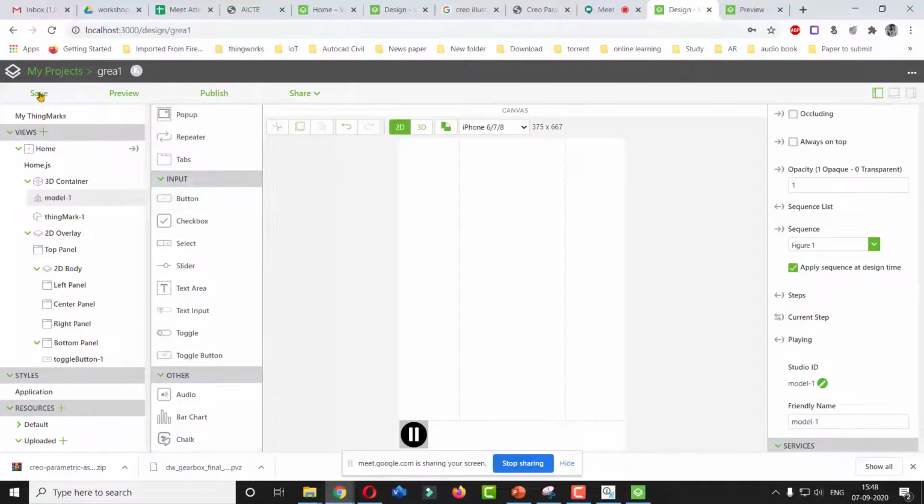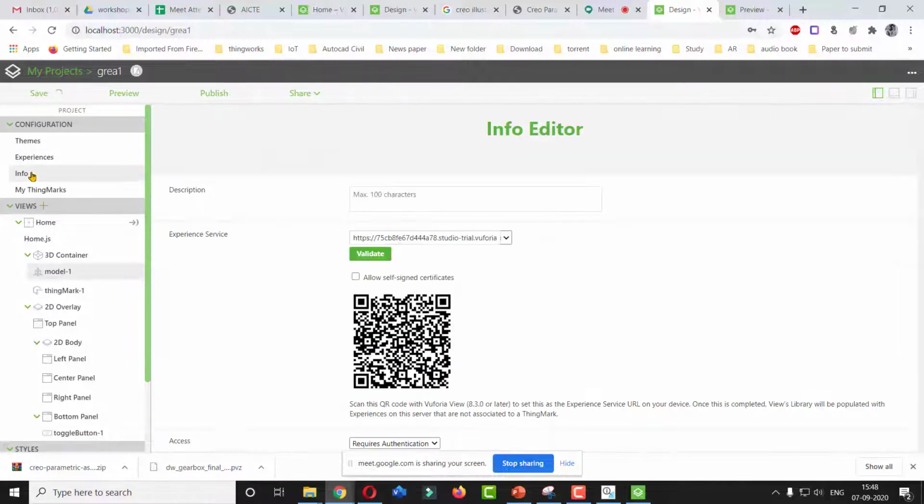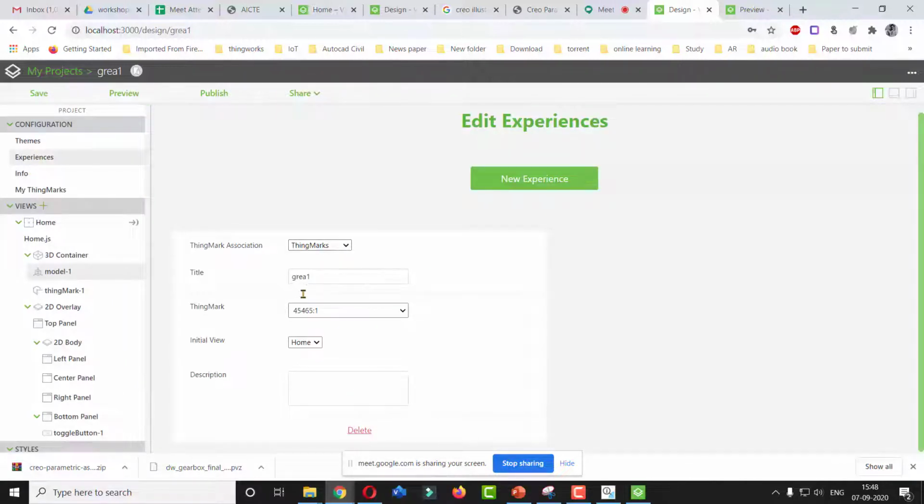So now again we are going to save it. अब यहाँ के सारे थिंग मैं वही रख रहा हूँ। यहाँ पे एक्सपीरियंस मैंने ऑलरेडी गियर 1 थिंग मार्क 1 पे ही कर रहा हूँ, सेम थिंग। So whenever I upload same thing on the same thing mark, your previous experience will get vanished. वो experience आपका चला जाएगा।